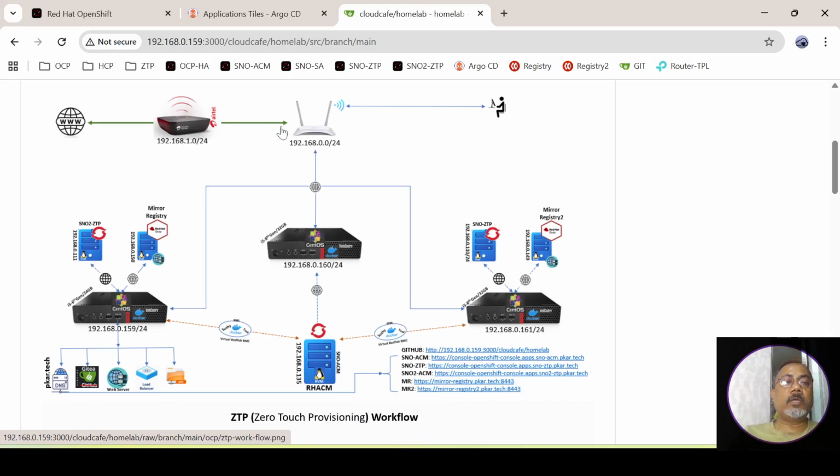From there I have extended a separate network, and from there we have completed our local lab. I'm managing this lab from this laptop. So this is my tiny home lab,